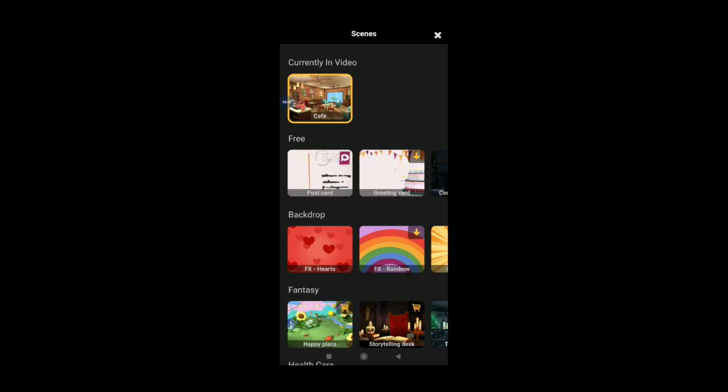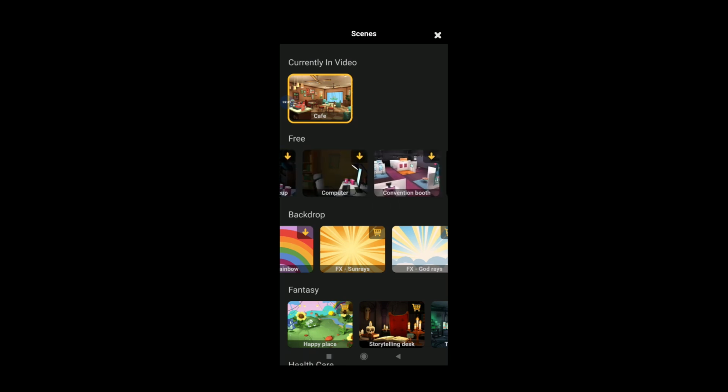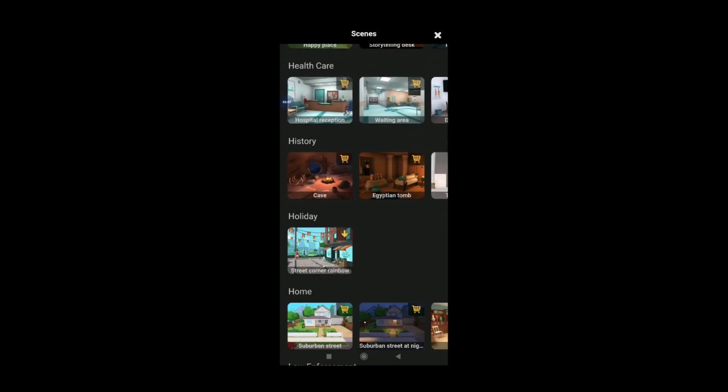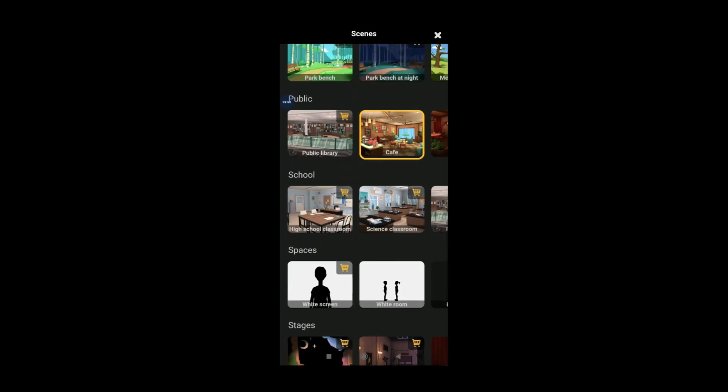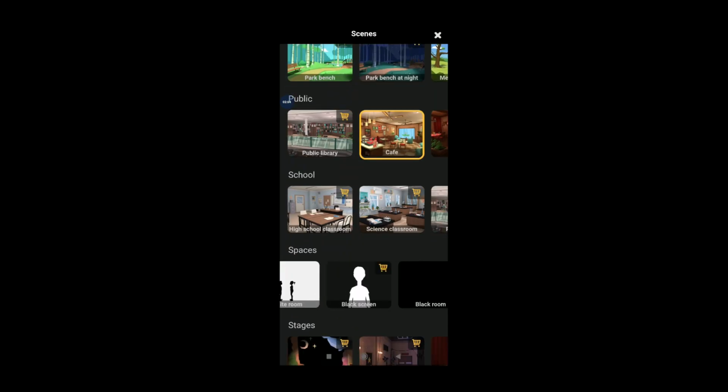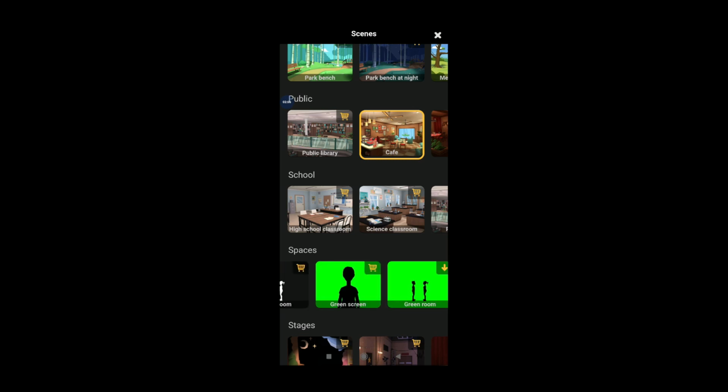Some backgrounds having this down arrow button we can download, and the ones with the bucket we can purchase. Bulk of backgrounds we can download. First of all, we have to fix the background. Lots of different backgrounds are there: school, classroom, hostel, hospital.